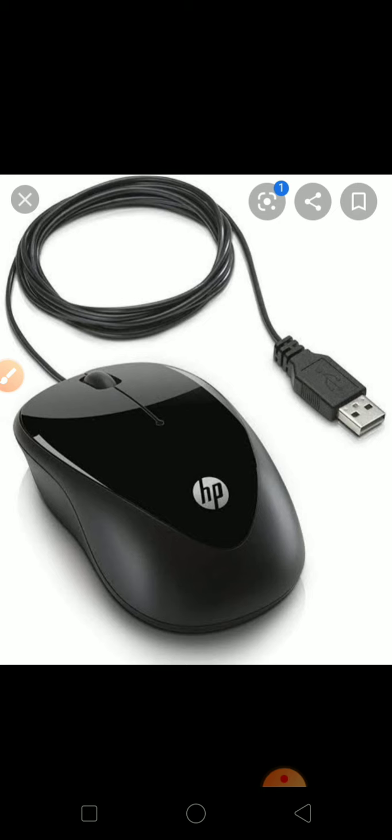We can also use the mouse to move an object on the computer screen by using drag and drop. Okay children, what is this drag and drop? In our practical class, I will show it. If you have a system at your home, you can also practice. How can you do it?